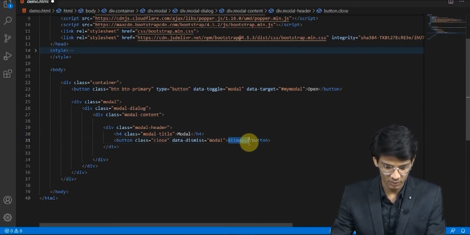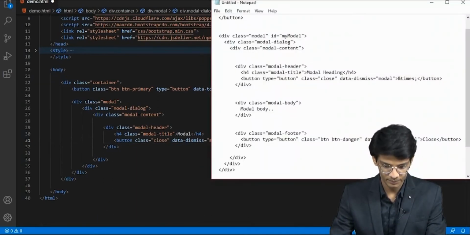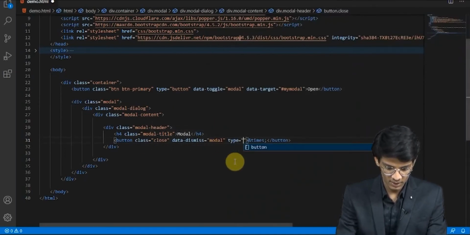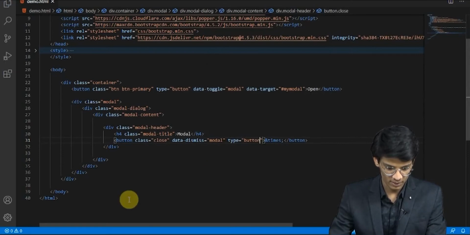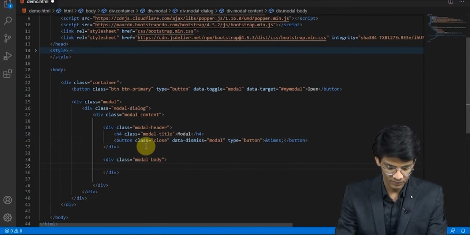This particular symbol is used for getting a cross. And we'll give type as well. Okay. Now we will take class, this would be our modal body. In that we can write something. Okay, let's take h1 tag.